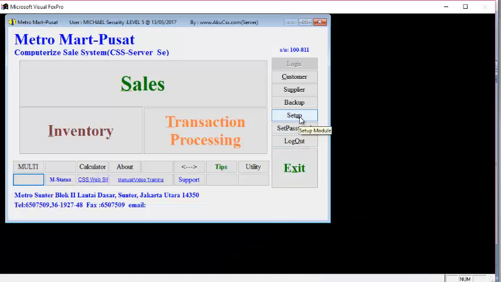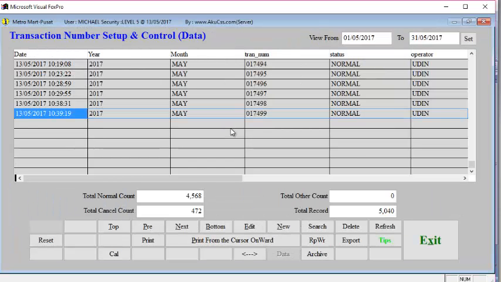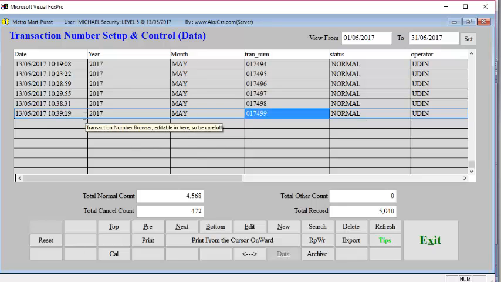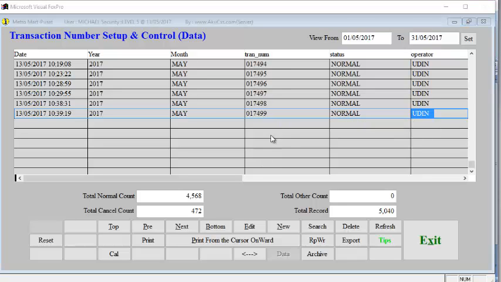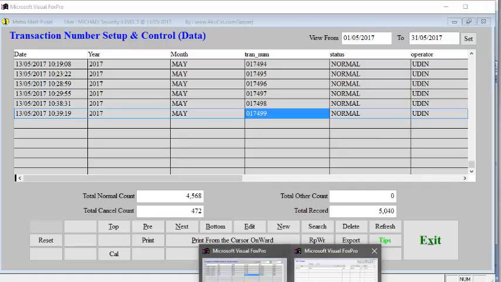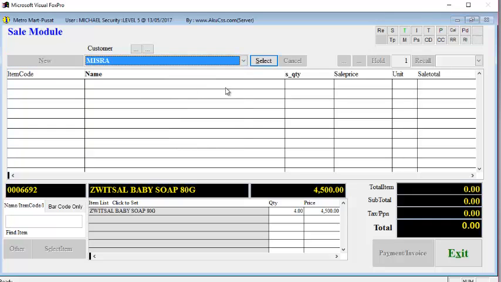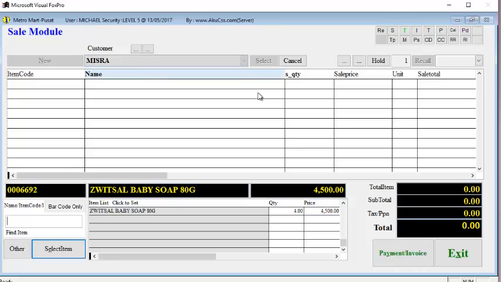We can see in here, in setup, this setup transaction number. Now this one records all the transaction numbers issued, along with the time and the operator. For example, now the last number is 499. If I come to the sell module, I open up a transaction either by New or F4, F5 or F7. For example, New, I select anybody, select up to this point,